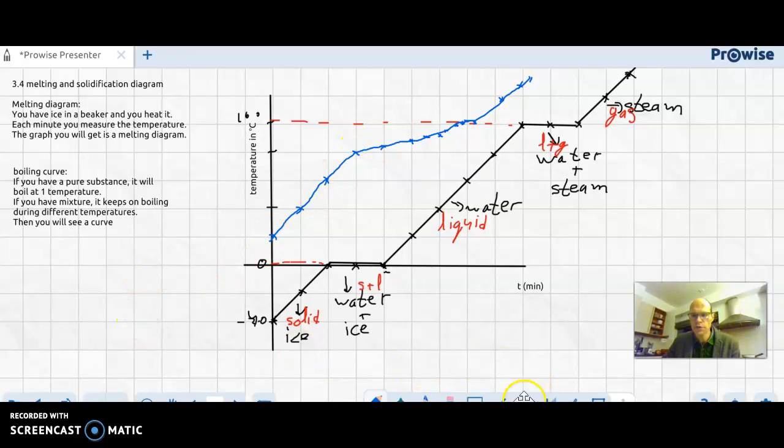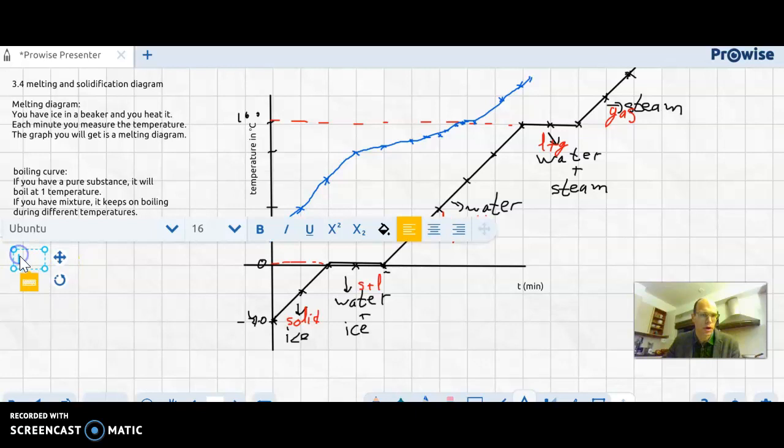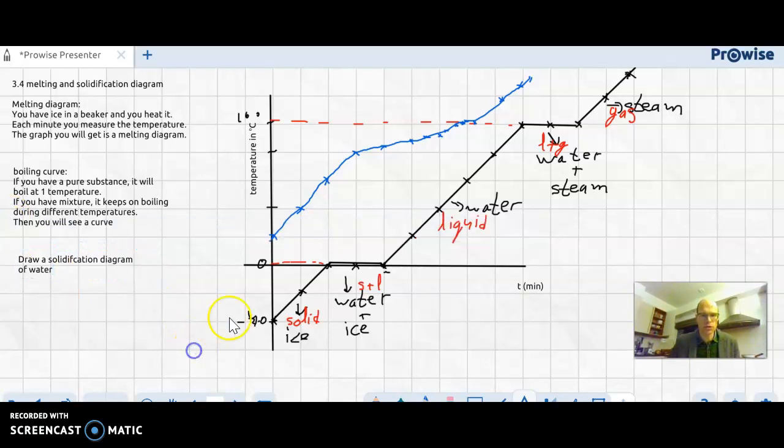Okay, guys, what I want you to do, I want you to draw a solidification diagram. So you need to think what is happening with the temperature, and the solidification diagram should be of water, pure water. What is going on with the temperature? How will this graph look like when we're not talking about a melting diagram, but we're talking about a solidification